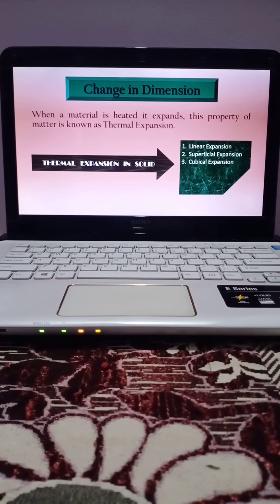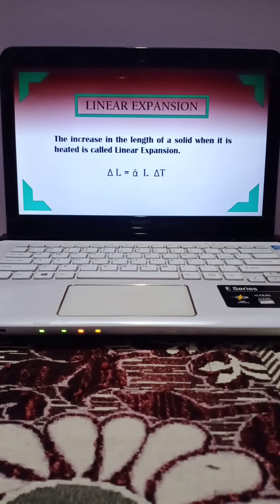Thermal expansion in solids is of three types: linear expansion, superficial expansion, and cubical expansion. Next we are going to see what linear expansion is. The increase in the length of a solid when it is heated is called linear expansion. This means that when heat energy is supplied to any solid and its length increases,